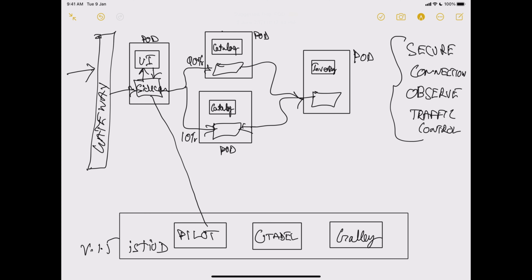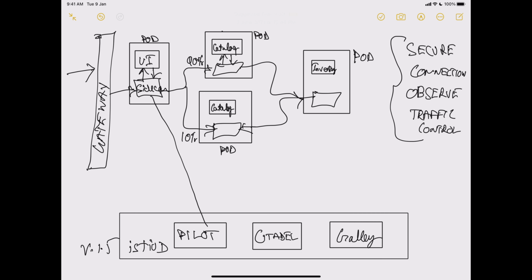And since it has access to all the traffic which is flowing, of course it can also do different kinds of logic. If I want to have retry logic or circuit breakers, that also I can define in my destination rules or virtual services, and then I can have all this logic exported out of my main pod or component.